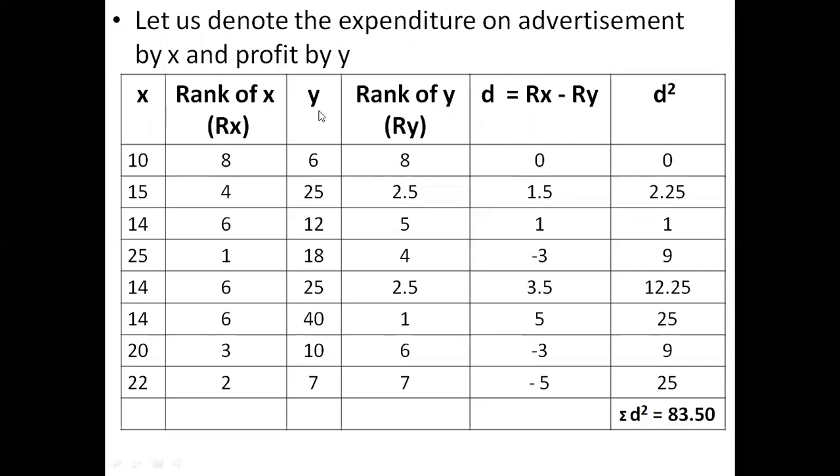Now let's move to the y variable, which is profit, where we have seen that the 25 number is occurring for 2 times. So here we can see that the 40 is the highest value, so we have ranked it 1 because it is occurring only 1 time. Now the second value is 25, so the rank will be 2 and 3. तो हम इसको 2 रैंक देंगे और 3 रैंक देंगे. इसका हमें एवरेज कैलकुलेट करना है. 2 plus 3 upon 2, the value will be 2.5. So we have denoted this rank by 2.5.